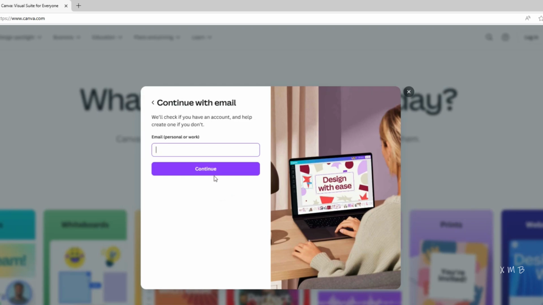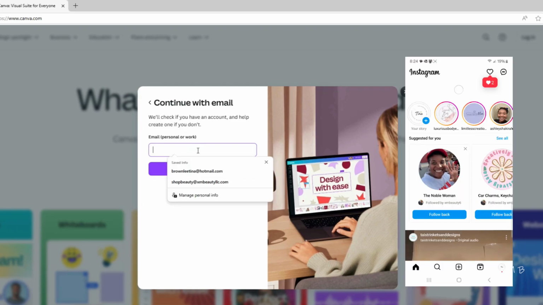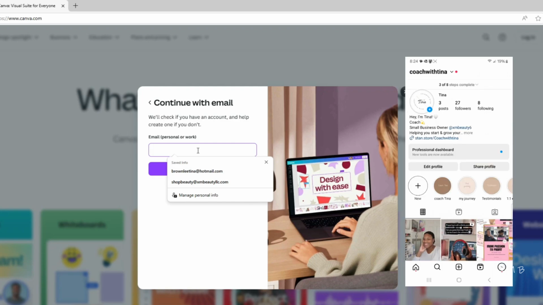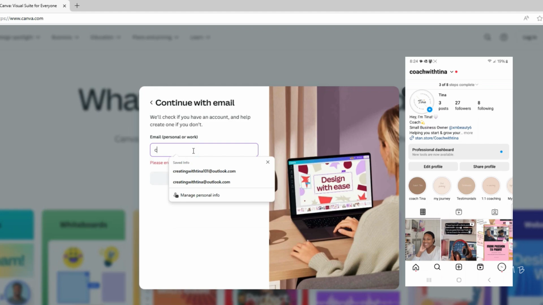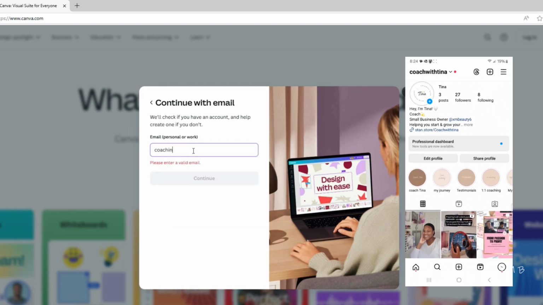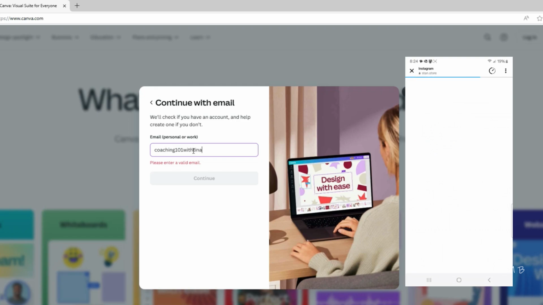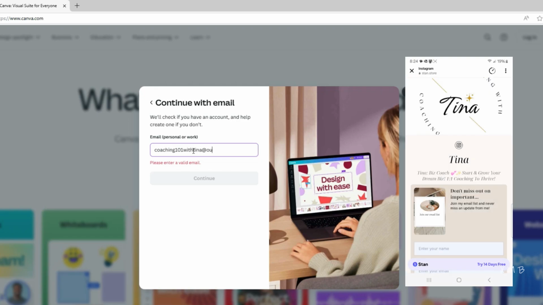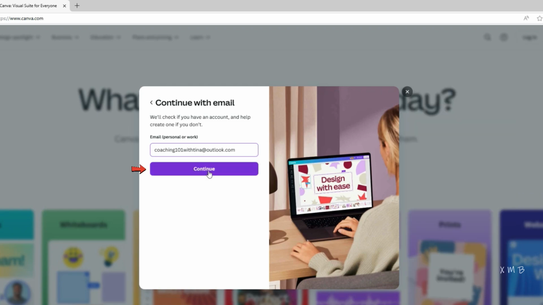And once I get in here, I'm going to add my email. Actually, I'm going to use the email for my new coaching business that I just started. I will talk more on that a little bit later, but that is Coaching 101 with Tina at outlook.com. Alrighty, and I'm going to press continue, and once I do that, it's going to ask for the name